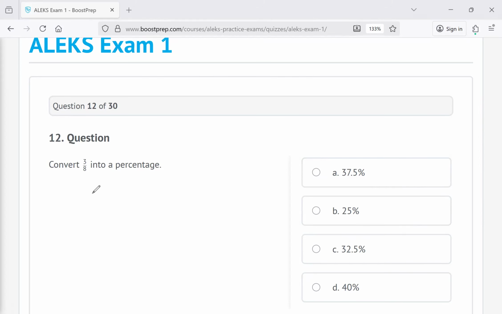Question 12, convert 3/8 into a percentage. If they give you a calculator, you could just put 3/8, it'll give you a decimal, and then times it by 100. But if you want to do it without a calculator, the numerator goes inside the box, so 3 goes inside the box. The denominator goes outside. Decimal place, 0. How many times does 8 go into 30? About 3. So I put 3 above the 0. 8 times 3 is 24. 30 minus 24 is